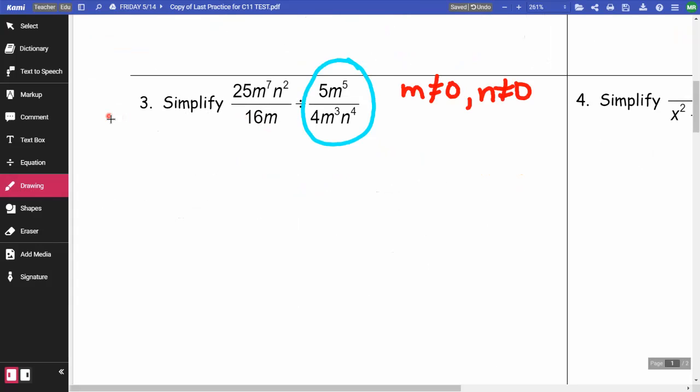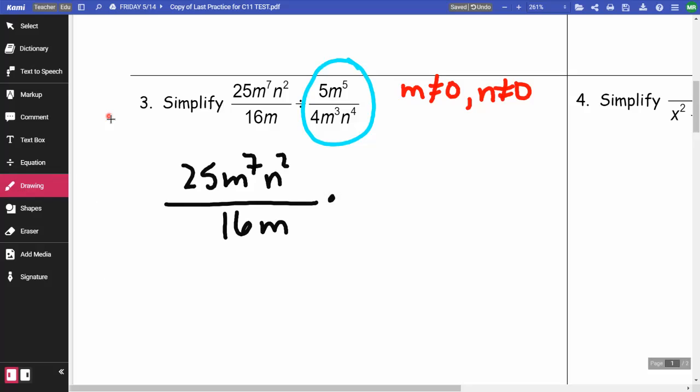Those are going to be my restrictions. And then I'm going to flip that second one. So I'm going to have 25 m to the 7th, n to the 2nd over 16m times. And then when I flip the second one, I'm going to get 4m to the 3rd, n to the 4th